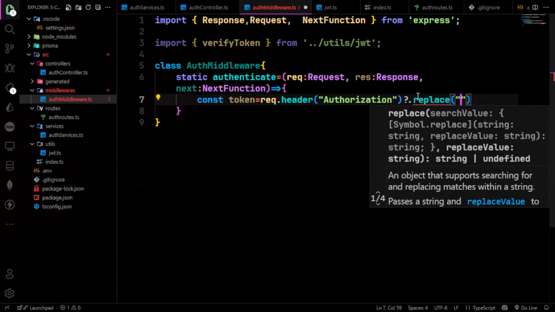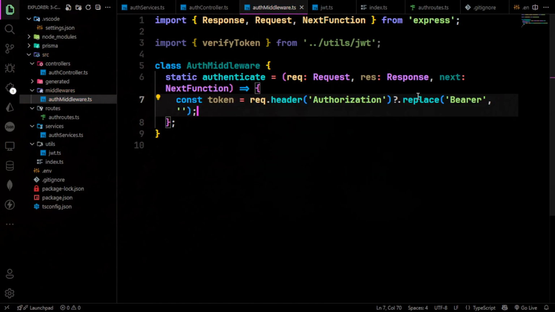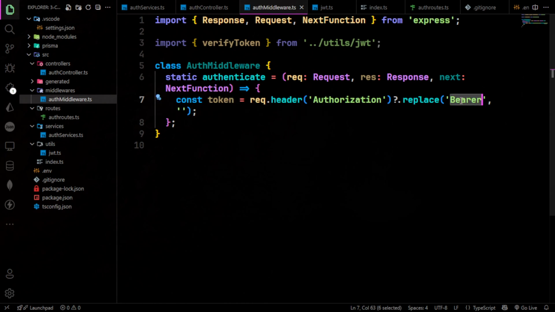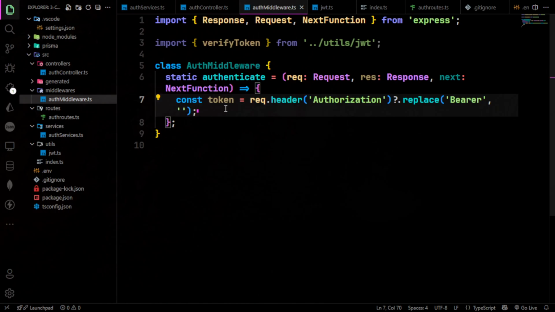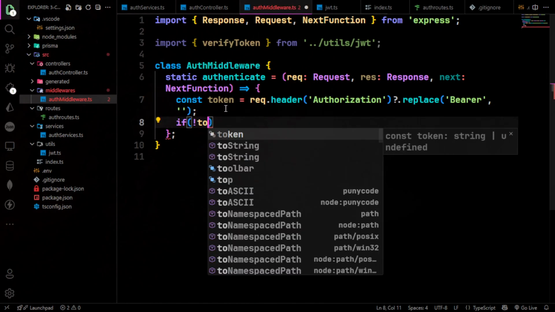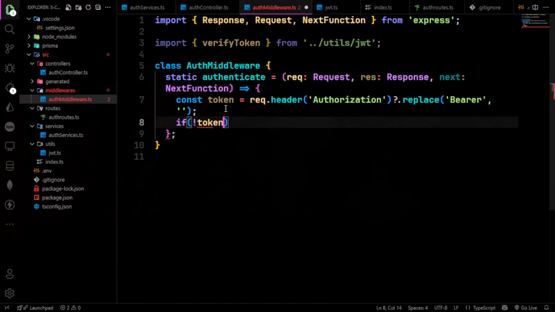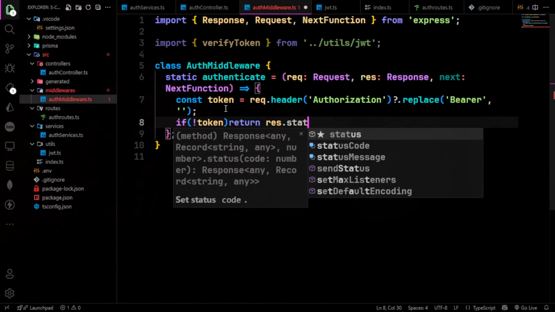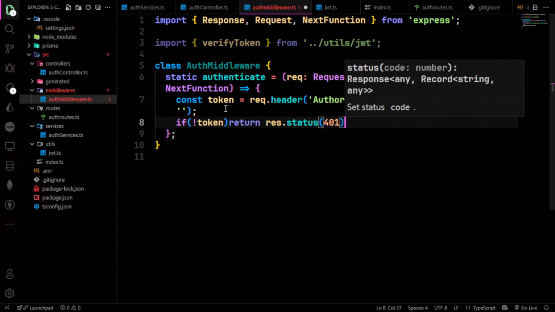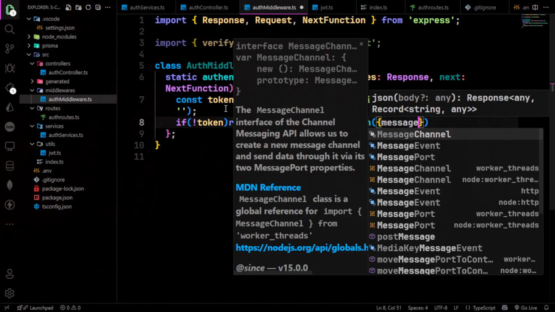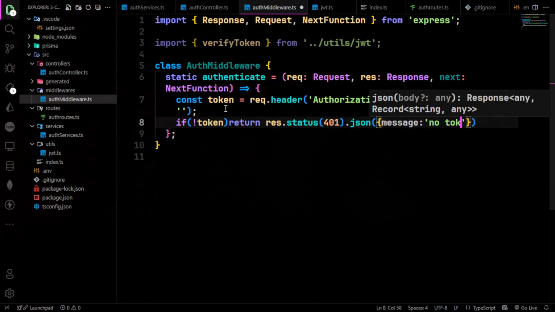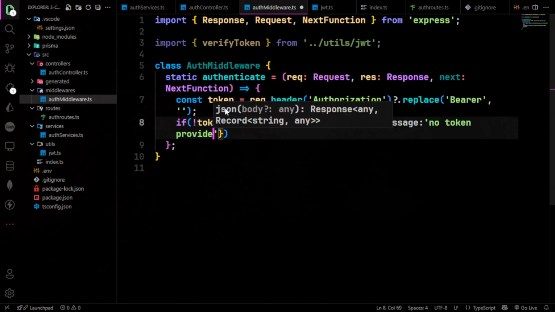So I will use replace here, bearer, and then I will replace this with an empty string. I am just removing the bearer from the token, and then if the token is not found, then we will return res.status 401 JSON message no token provided,